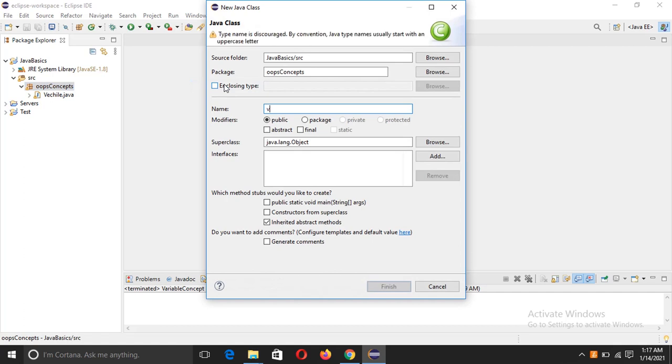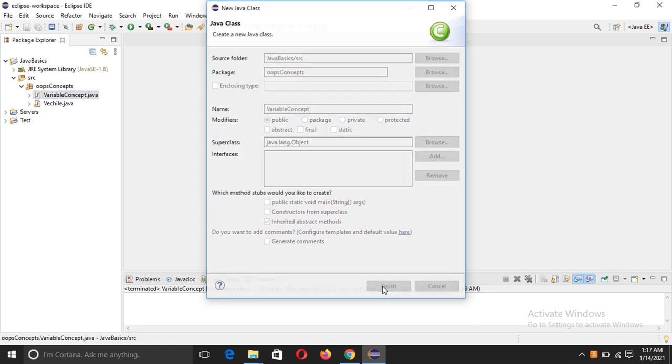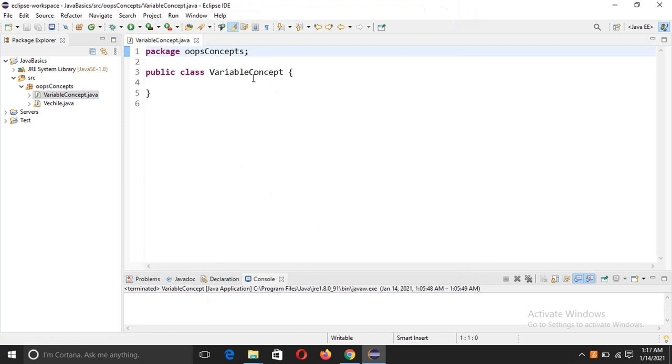Let's name it variables concept. This time I'm not going to select the main method, just click finish. Now we have our class variables concept in this package, oops concepts.